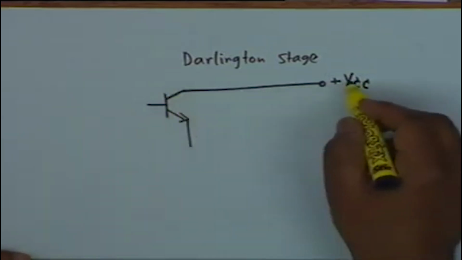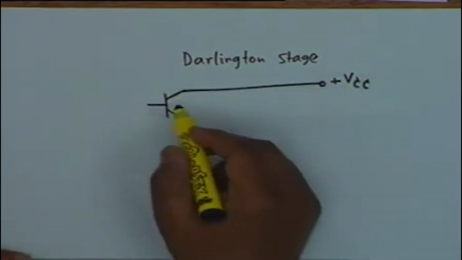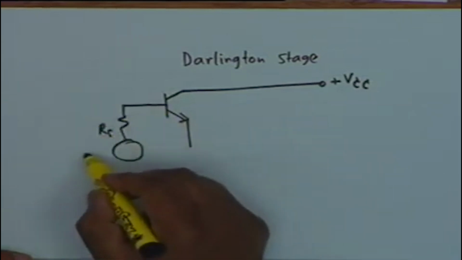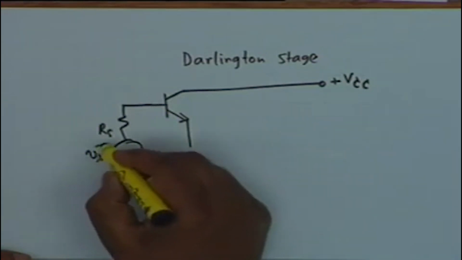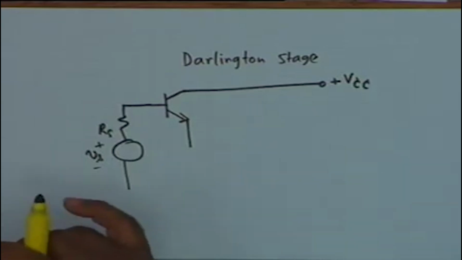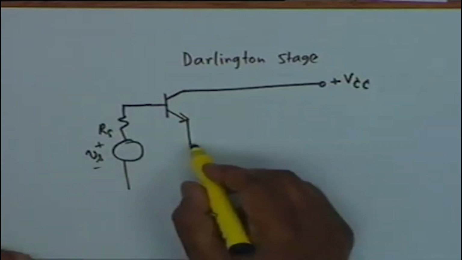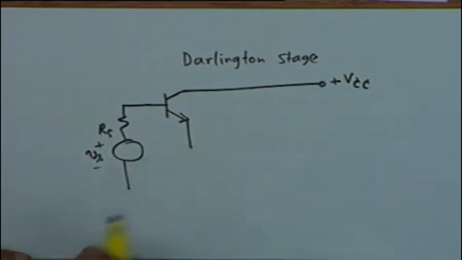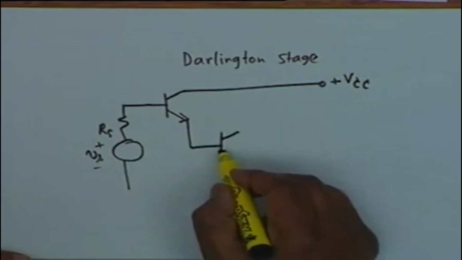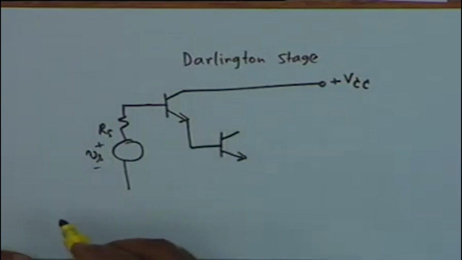The collector is connected directly to VCC, and you apply an RS and a VS here. This is the source. I am not showing the DC biasing, I am only showing the incremental or signal quantities. This emitter, instead of going to ground, goes to the base of another transistor,